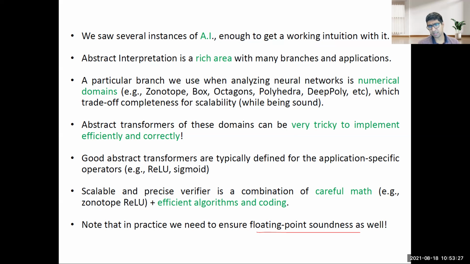And to be honest, I think the area is very rich, and the reason being, there's a ton of things that we can do in abstract transformations. Right now, most of the work that they have done is all around ReLUs. They've not even touched anything else. How do you do other sort of operations? They're novel. We are getting novel architectures every day. And these are only so far valid for feed-forward kind of models. So how can we take it forward to different kinds of architectures, be it attention models or recurrent models and so on and so forth.